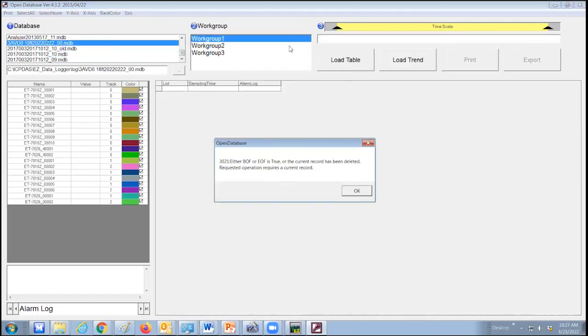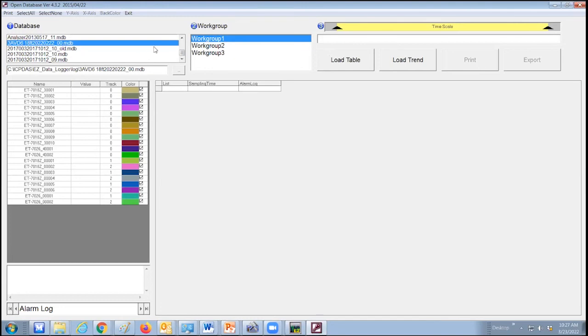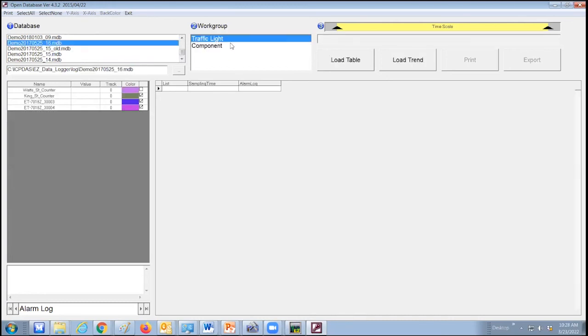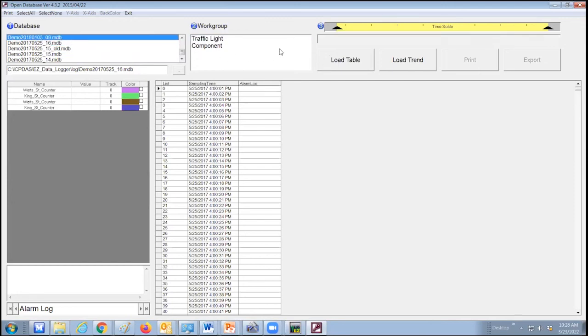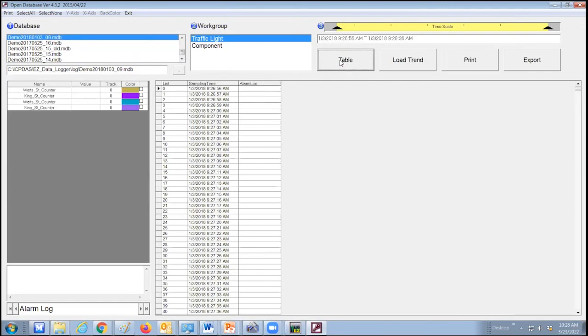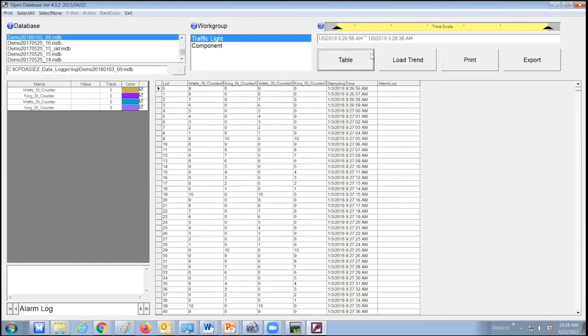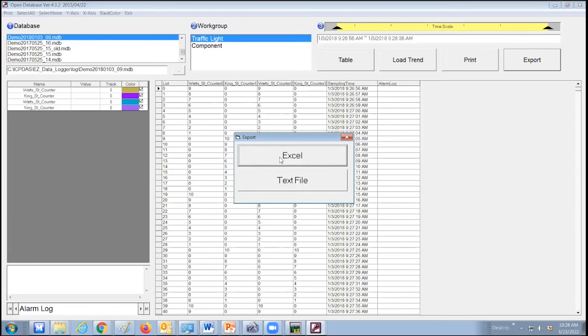Let's try this one. Does not exist anymore. Okay, this one's got some data. So it has a table here. I basically click on export. Then you have the option to either do Excel or TXT file. Both will work with Excel, but to save in XLS format, you click on Excel. It will convert,